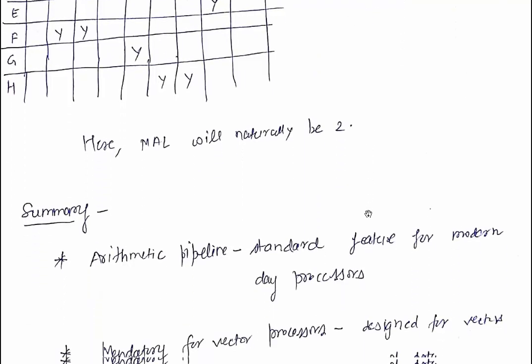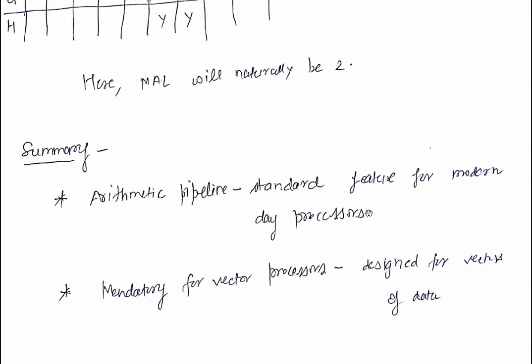So that is the end of today's lecture. In summary, let's summarize what we have covered till now. We have covered basic pipelining concepts and pipeline scheduling, and in this lecture we have covered the arithmetic pipeline. Under arithmetic pipeline, we have covered floating point addition, floating point multiplication, and combined floating point addition and multiplication, that is the multifunction pipeline. We have also seen where there is a possibility of collision in the case of a reservation table.